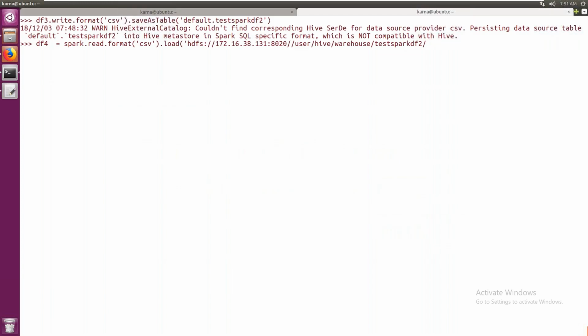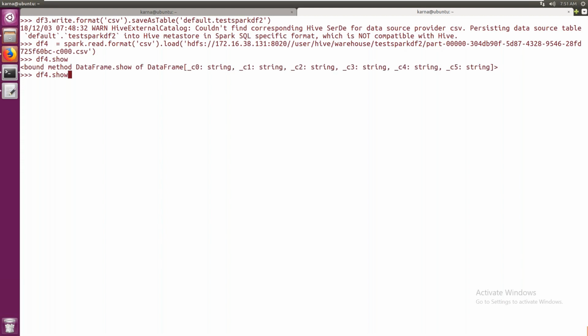Even though it is Hive data, I can read it as an HDFS file. Why? Because it's ultimately stored in HDFS. Don't get confused about this. Okay, how come you are reading it as a file? No, ultimately it is stored in HDFS. Whether it is stored in Hive or HDFS directly, that doesn't matter to me. Okay, then we can read it. Now we are able to read this with .show.